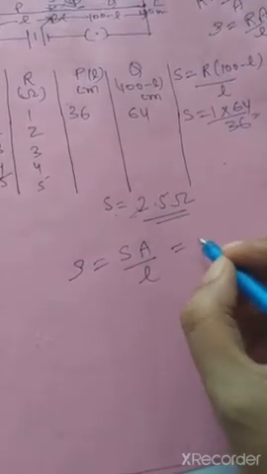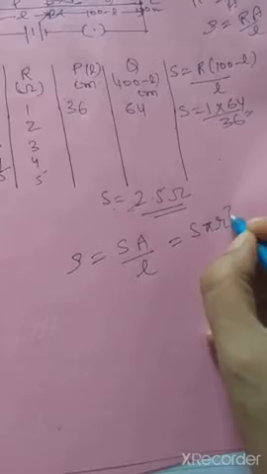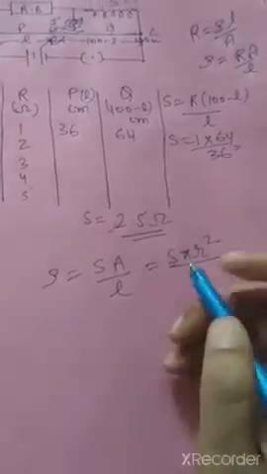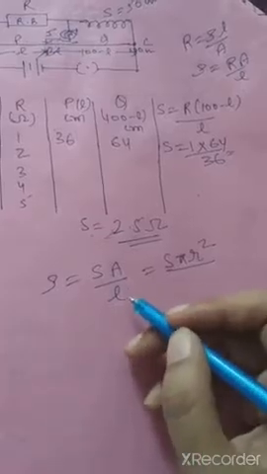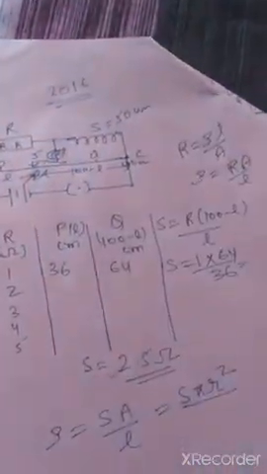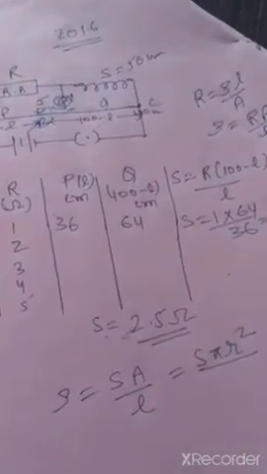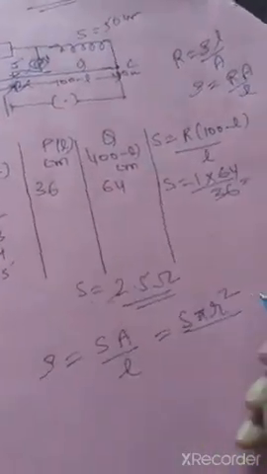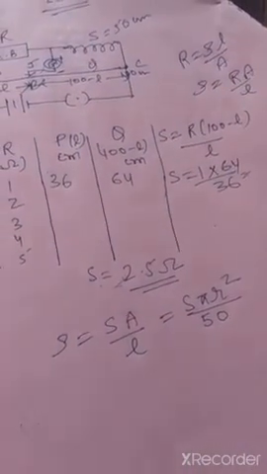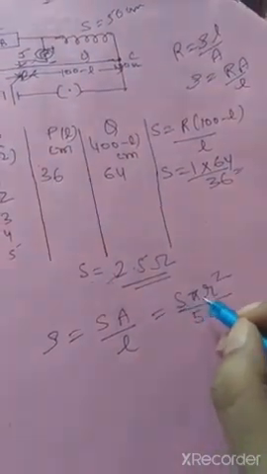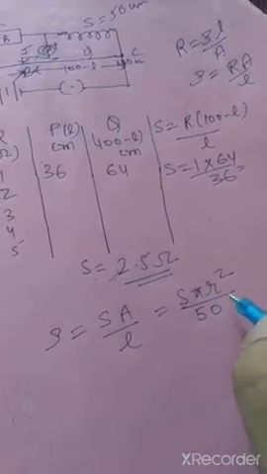Area, we have the formula for area, pi r square. And length, what will you take? Most of the time the students get confused about what value of L to use. So L will be the length of the wire, the coiled wire. So it will be 50 centimeter. That will be given in the question. So that value of L you will put here, so it will become 50. Now all values you have: S you have, pi you know is 3.14, and 50 centimeter.